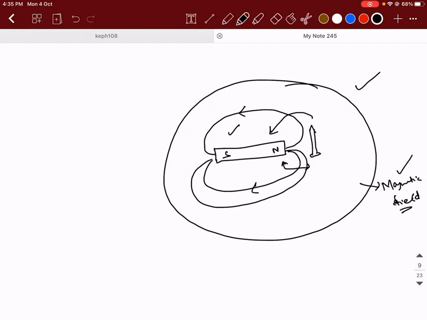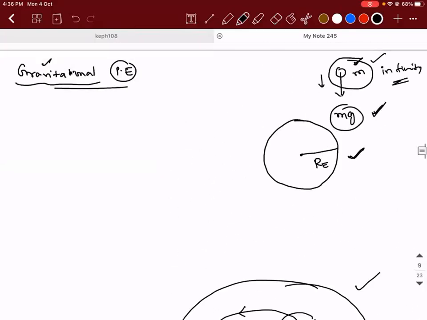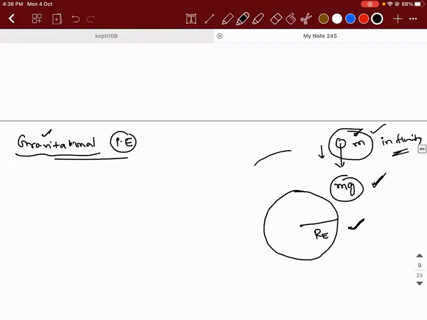Means if you try to bring in any magnetic substance, the magnetic substance need not be a magnet. It can be steel, iron, something which gets attracted to a magnet. If you place it in that magnetic field, then this magnet will have the strength to pull or repel it towards it. Correct? In a similar way, there will be a region of field around the Earth where you try to place another mass,